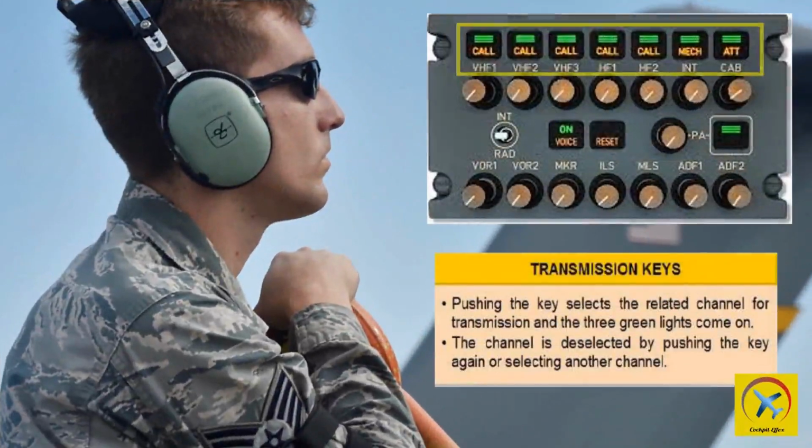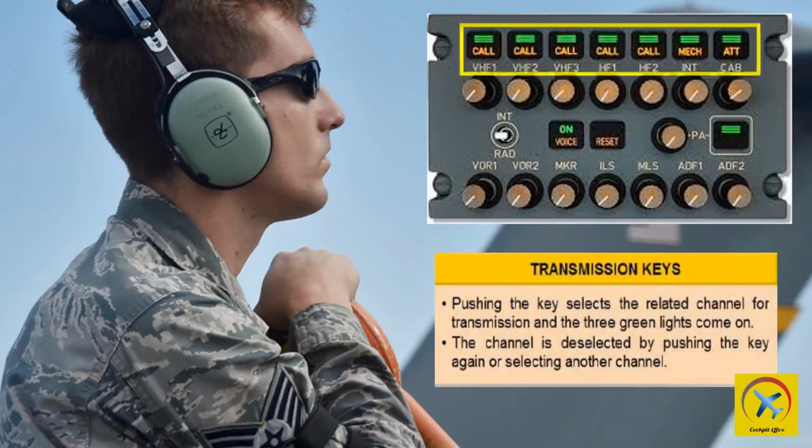Audio control panel location. The ACPs are located on the control pedestal. The captain, first officer, and jump seat positions all have audio control panels numbered 1 through 3. The ACPs provide the transmission and reception of all communication, standby navigation, interphone, flight and cabin, and passenger address, PA,